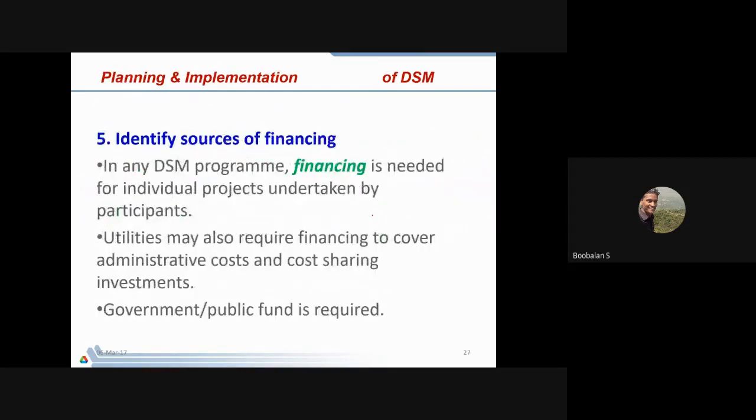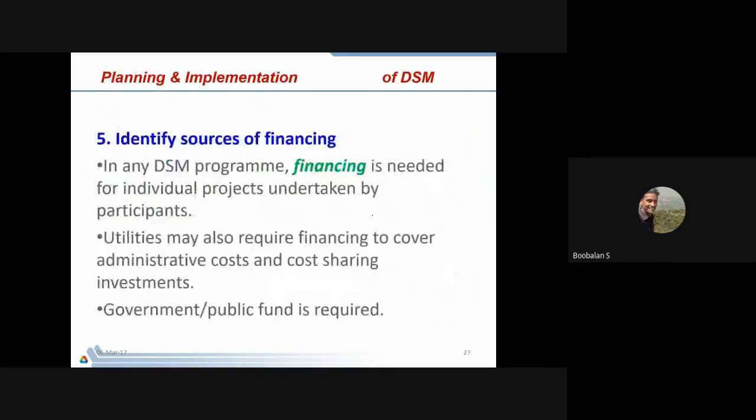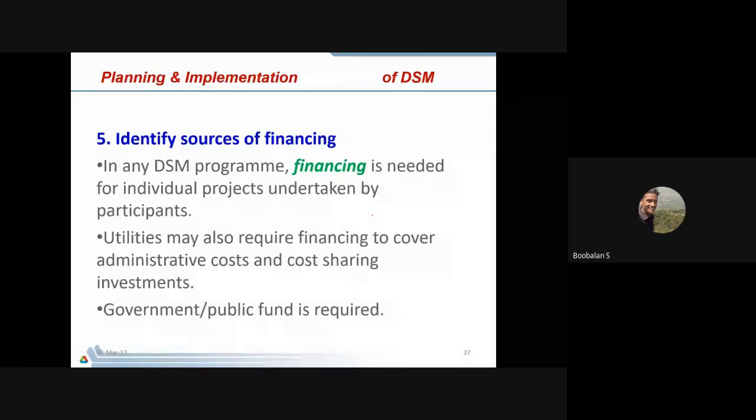And finally, even though we couldn't reduce our peak demand, if you have installed the three types of techniques, even though you couldn't manage your peak demand, then finally I need to increase the installed capacity of my thermal station. Definitely I need to increase my installed capacity. For that purpose I need to introduce one more power plant, or maybe new renewable energy. So definitely it needs financing, right? That's why we go with individual project financing from the participants, right?